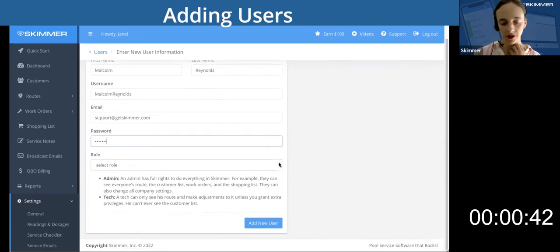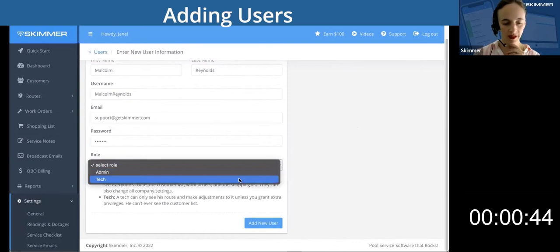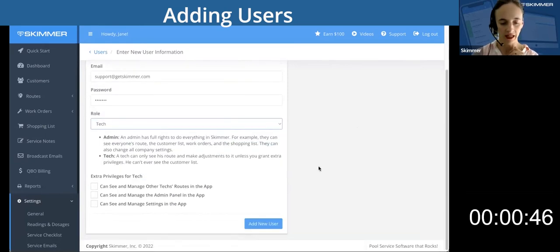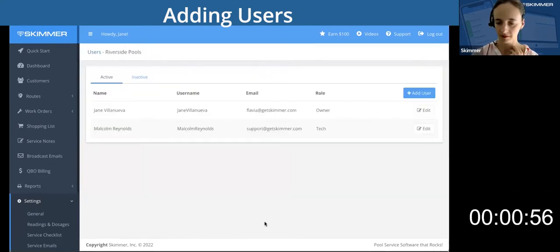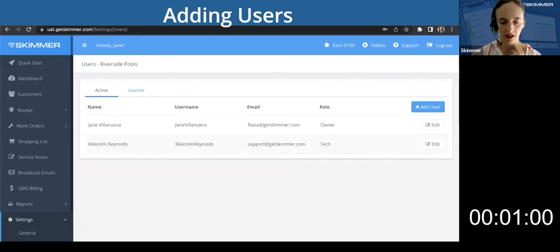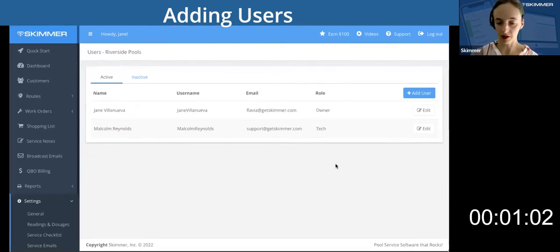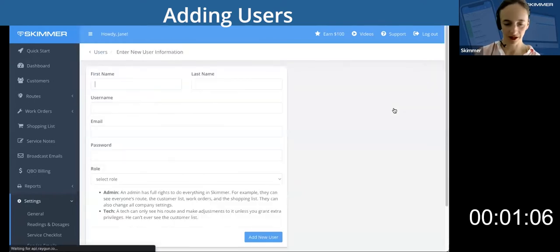Now there's multiple roles you can give people. Malcolm is going to be a tech, and we are going to give him the minimum level of permissions. We're going to just add him as a new user right there. Okay, so we have added one user as a tech, but maybe you also want an admin, right, Bryce? Yep. Let's add